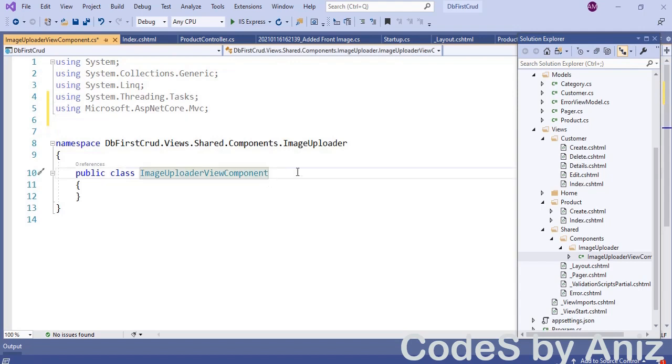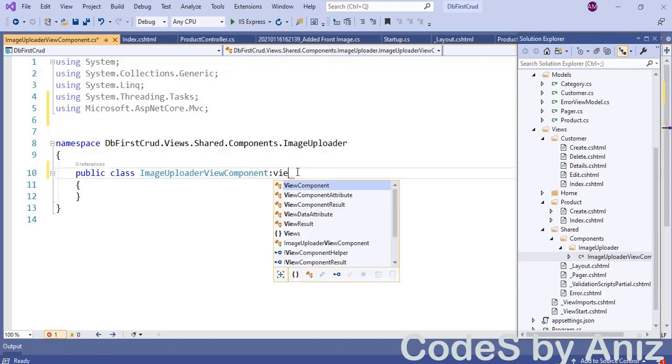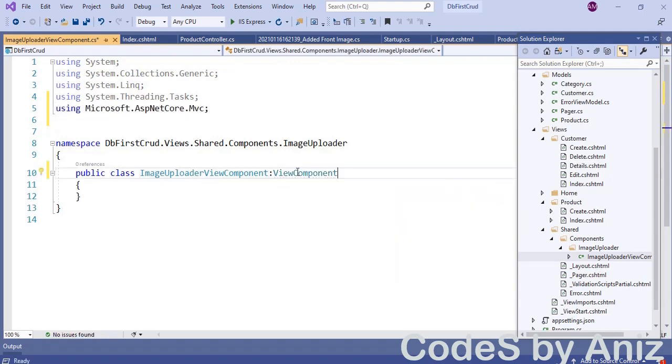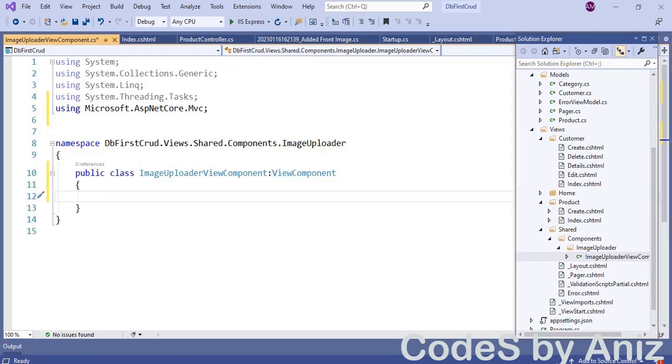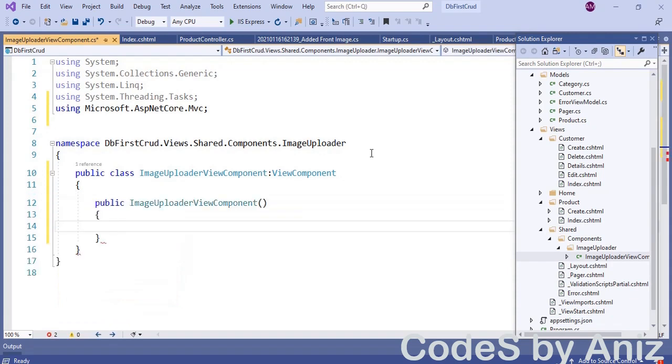Then the view component class should inherit from the ViewComponent base class. So inherit the ImageUploaderViewComponent class from the ViewComponent base class. Then add a public empty constructor. This is a very important line. If you forget to create a constructor, then you may get a runtime error at the time of calling the view component.